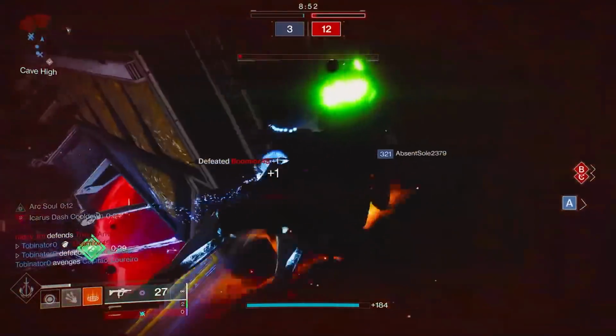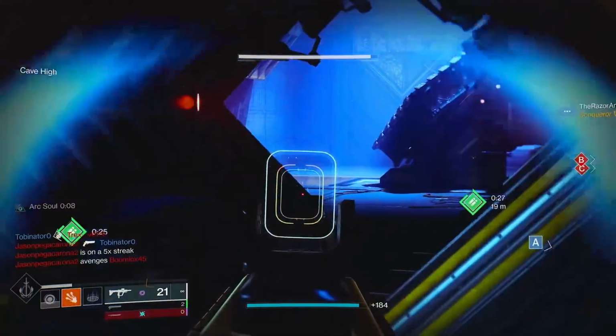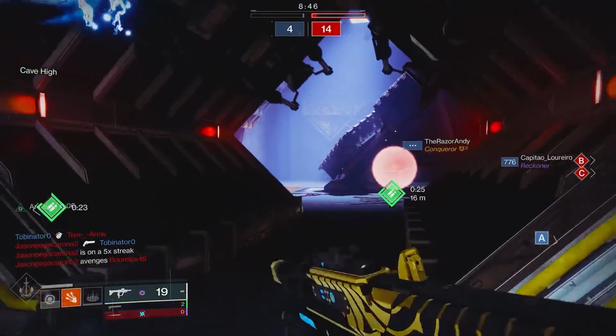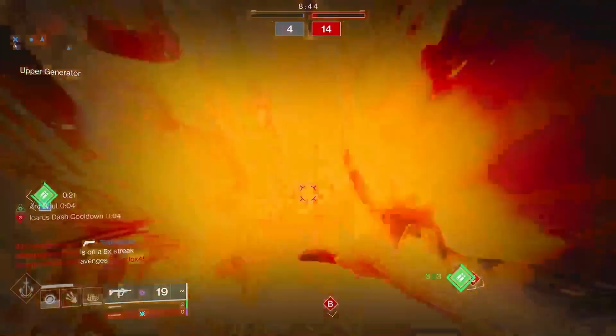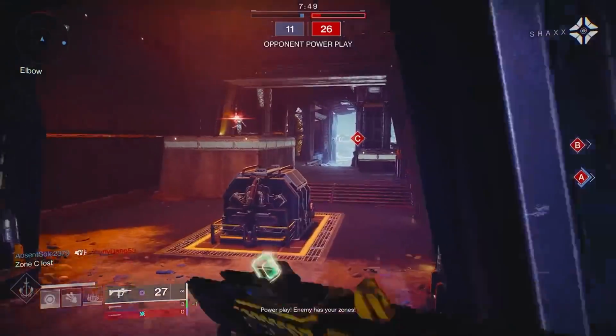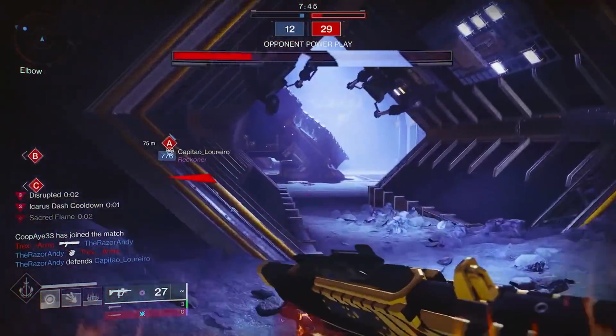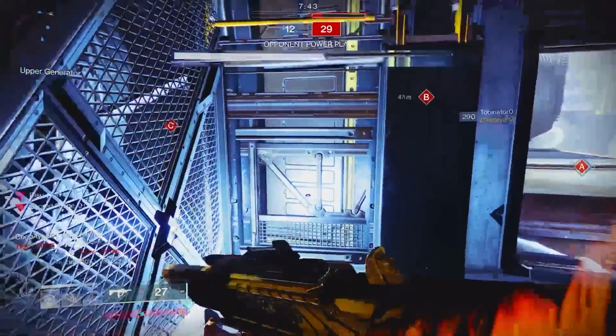If a Titan or Hunter gets the first shot off in a duel, no big deal. Warlocks can just reposition behind cover, drop a healing rift, and then be good to go just a moment later. It's truly such a powerful ability when used wisely. Plus, Transversive Steps make Warlocks so damn slippery with the faster movement that they can slide around a corner quickly. Throw in an Icarus dash or two and it's damn near impossible to catch a Warlock when they start skating around a map,